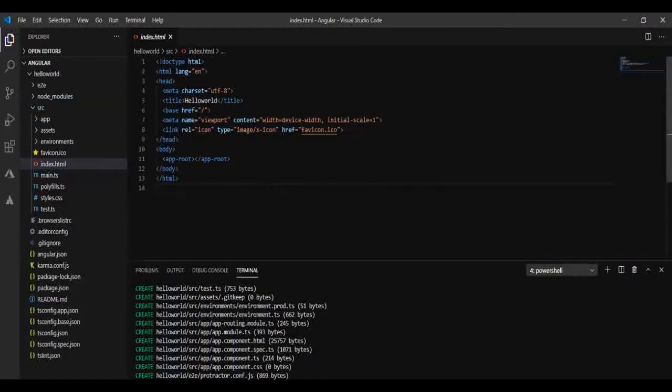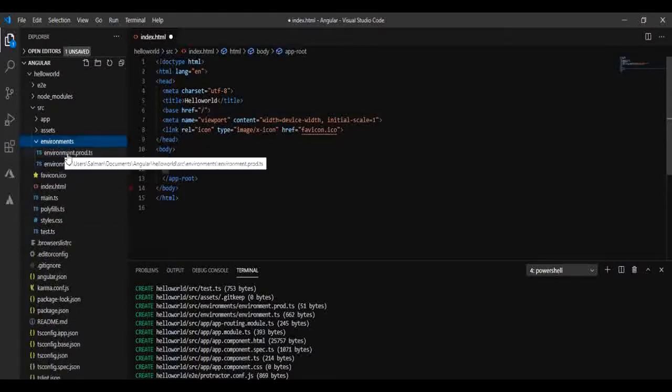Inside this index.html file there is a tag, app-root. Whatever component we create will go inside this app-root tag. This is the main placeholder where all the components will reside. The other file is the environment file, where all environment-related variables are put together.